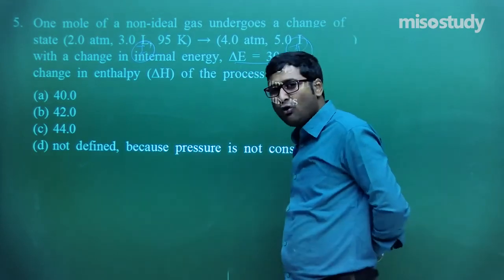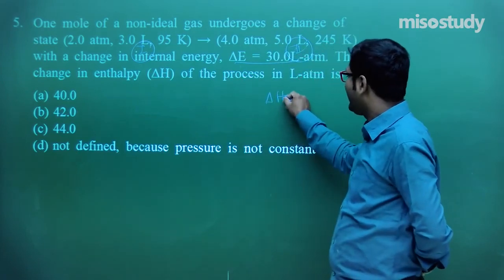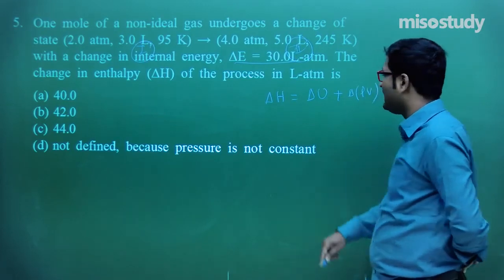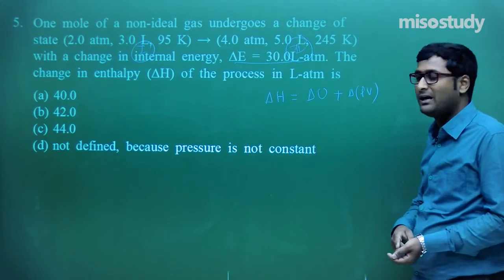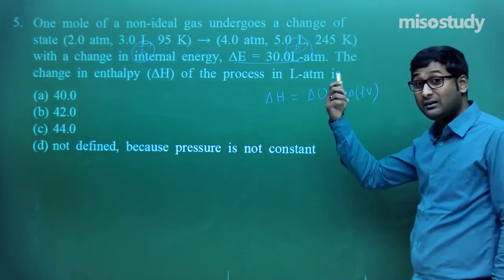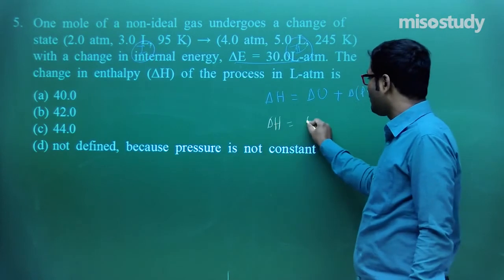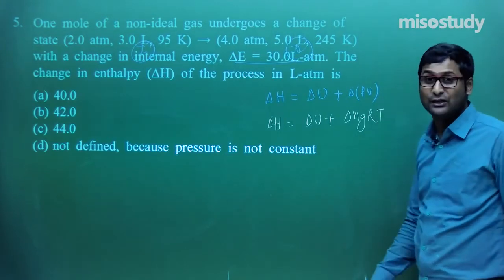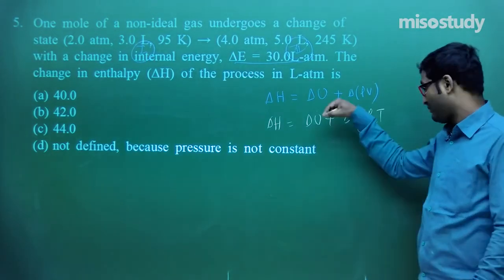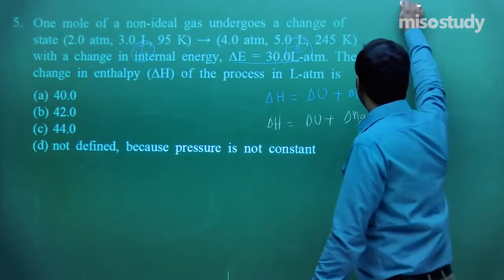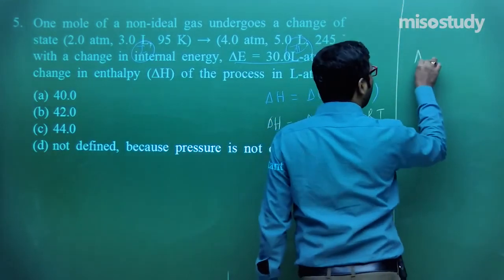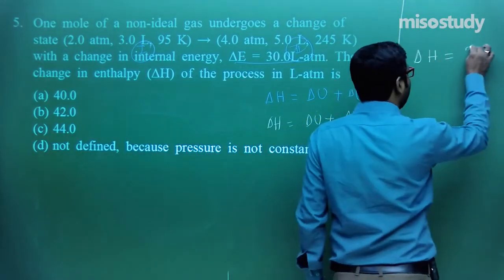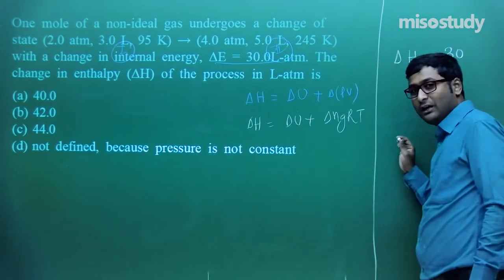Sir, it's not so tough. The formula is delta H is equal to delta U plus delta PV. Remember? Yes, sir. Do you remember the other formula? Delta H is equal to delta U plus delta n g RT, because PV is equal to nRT. Two formulas, but here P and V are given, so we'll apply this formula. Clear to you? Now let's move and solve the question. It's very simple. Look at me, what I'm telling. Don't look here and there. Only focus on the question.